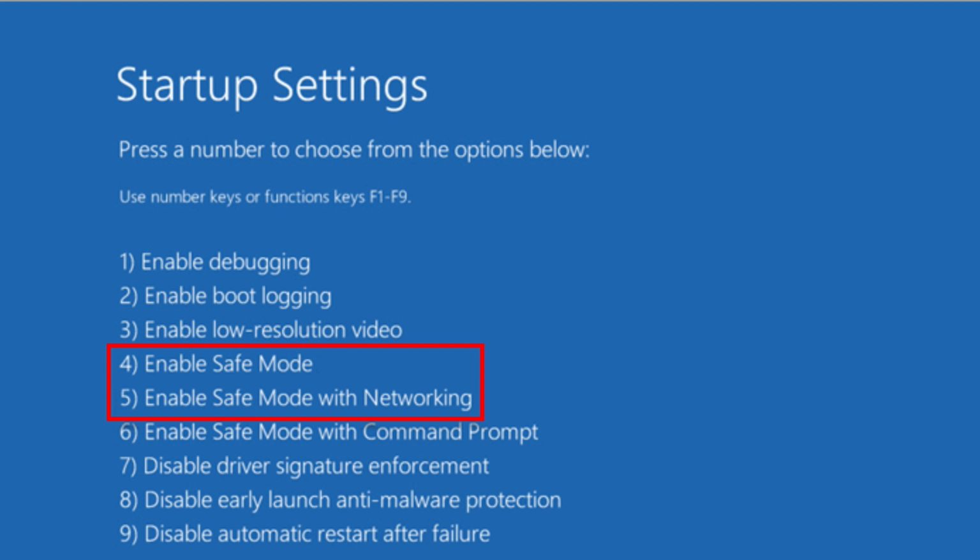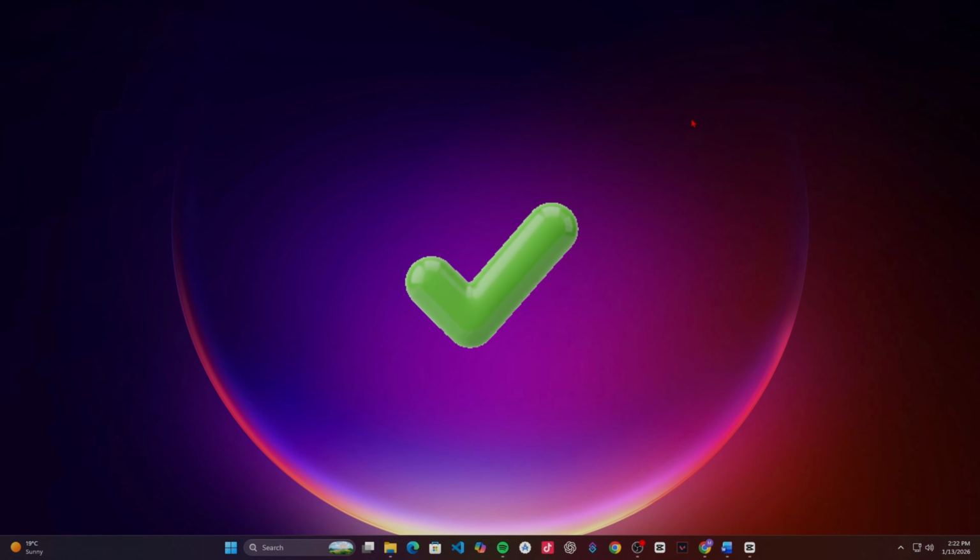Then press 4 for Safe Mode or 5 for Safe Mode with networking. Safe Mode allows you to troubleshoot and access settings that may be missing or inaccessible in normal mode. After completing these steps, missing settings should be